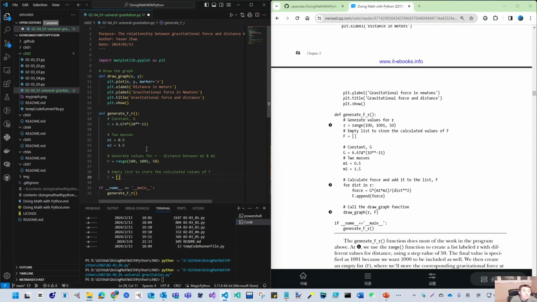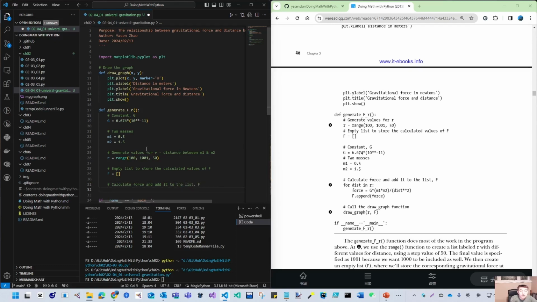If you don't have a decided value for our list, you can create an empty list first. Then for every new value you use the append method to push into this list. So now we can start to do the calculation. Calculate force and add it to the list